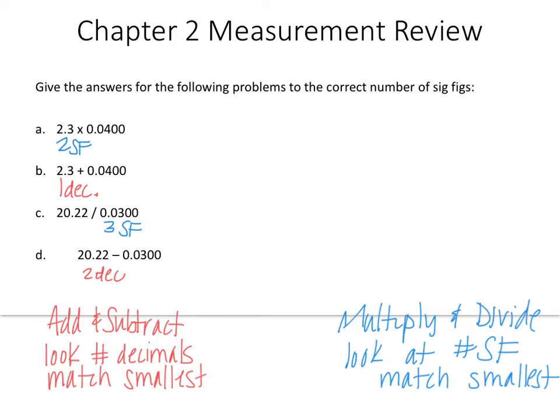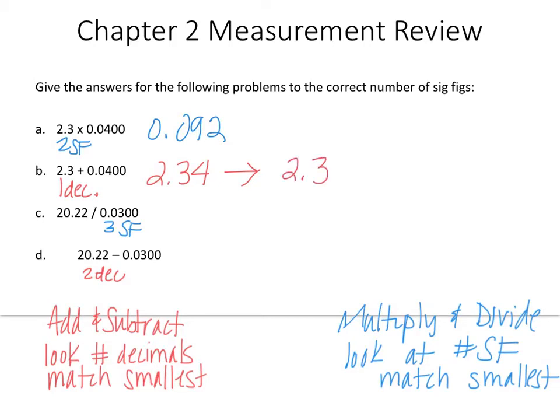So I'm going to work the ones for multiplying and dividing in blue, and then I'm going to work the ones for adding and subtracting in red. So this first one, because that 2.3 only has 2 significant figures, we would put our answer as 0.092. And so that has 2 significant figures. The next one is an adding problem. And so if I added those two up, I would get 2.34. But because that 2.3 only has 1 decimal place,